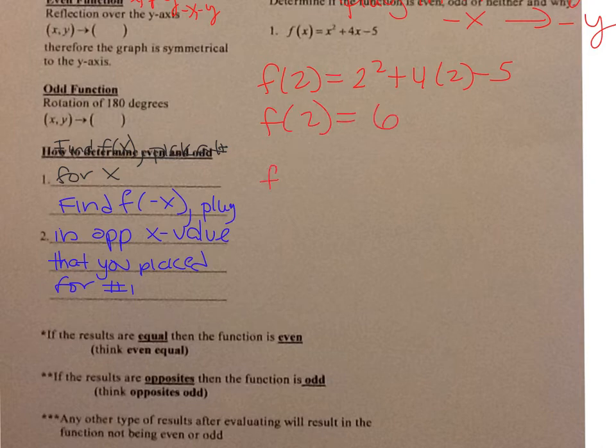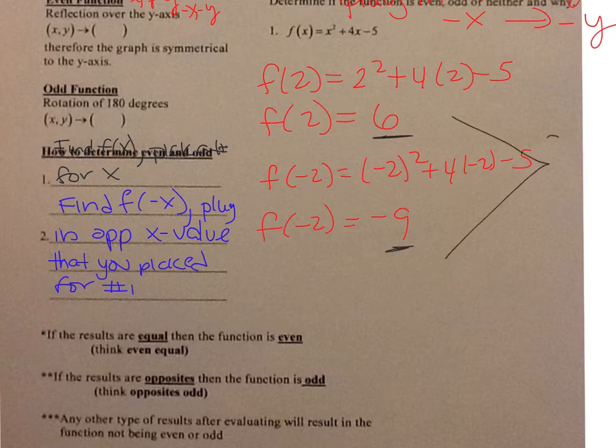Now you want to plug in the opposite of your x. So it's f of negative 2. So it's negative 2 squared plus 4 times negative 2 minus 5. And f of negative 2 is negative 9. Now notice they are not the same and they're not opposites. So that means these are different. So this is neither. So you're going to put neither